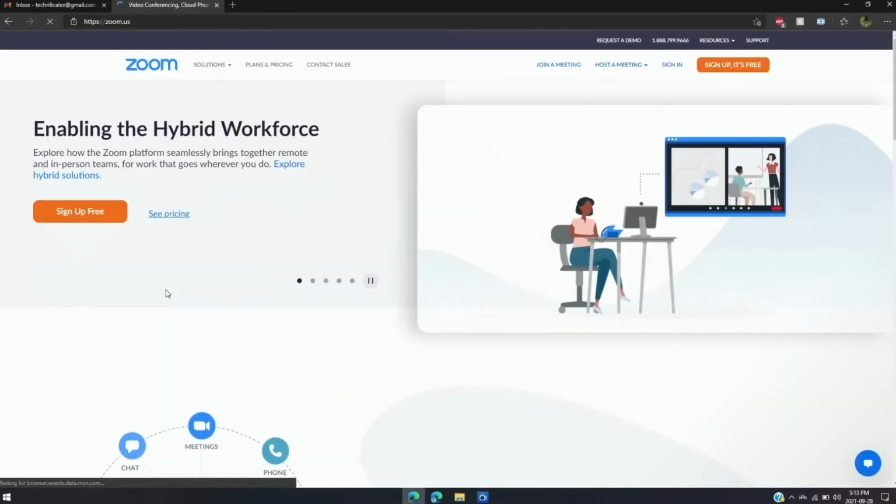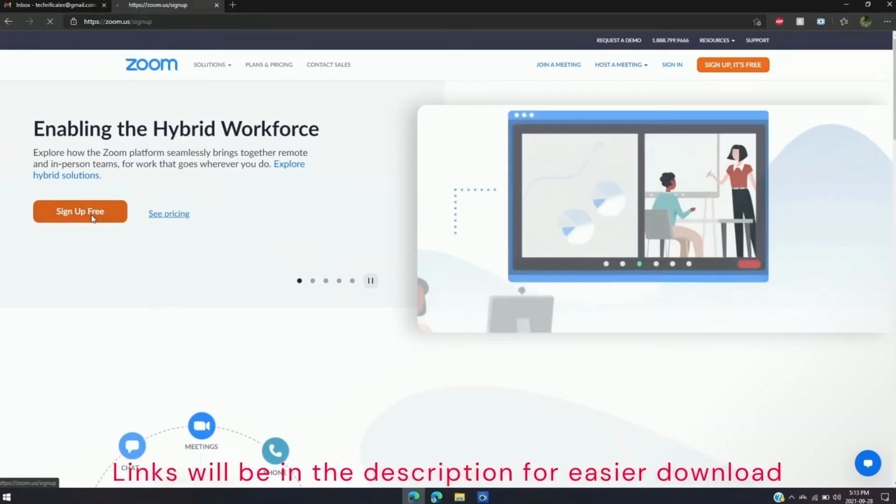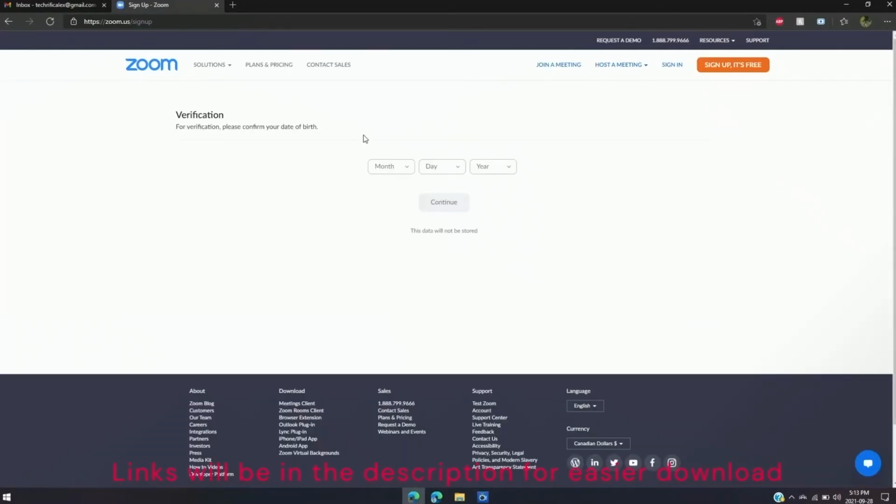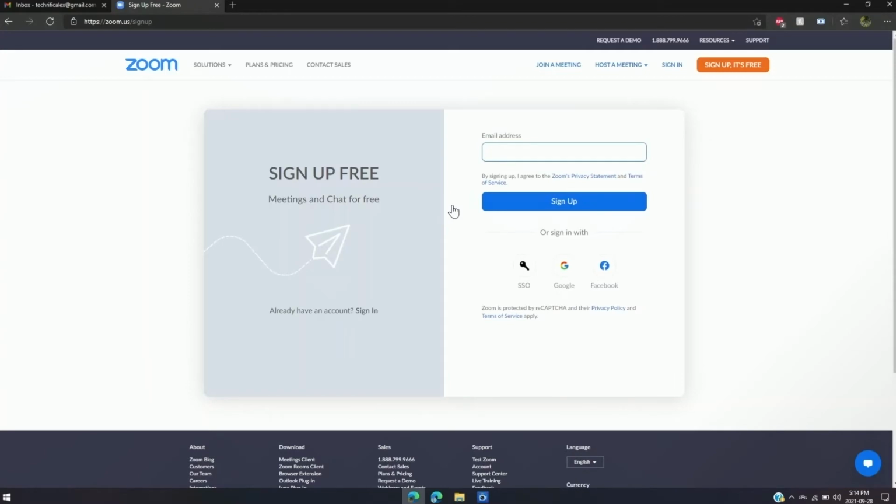Once it opens up, we're just gonna click sign up free here in orange, and then we can enter our birth date. Pretty easy. I think we all know our birth date, and then we can click continue, and then here we can add our email address that we'd like to use our Zoom account with. So I'll just enter my email address right over here,